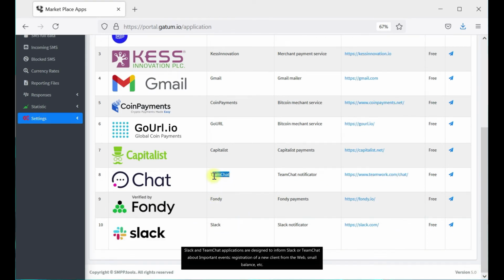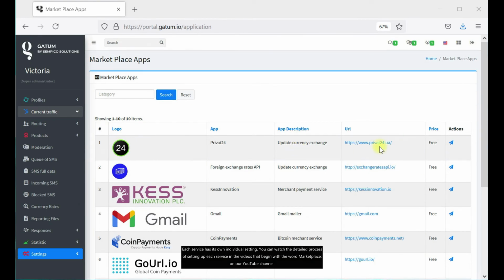Slack and Team Chat applications are designed to inform Slack or Team Chat about important events, registration of new clients from the web, small balance, etc. Each service has its own individual setting. You can watch the detailed process of setting up each service in the video that begins with the word Marketplace